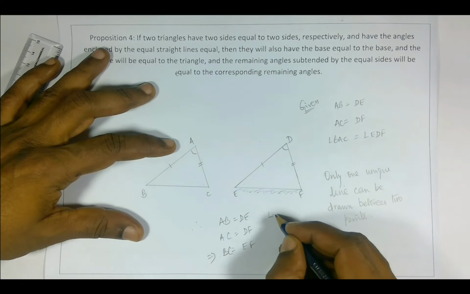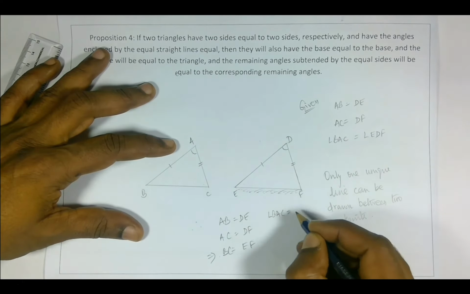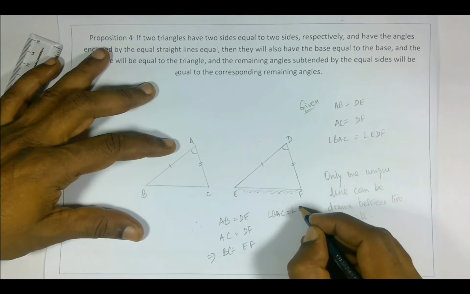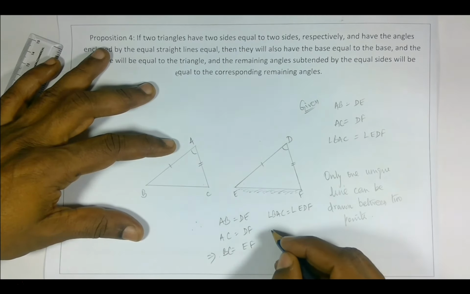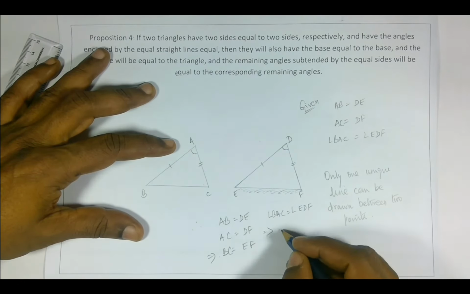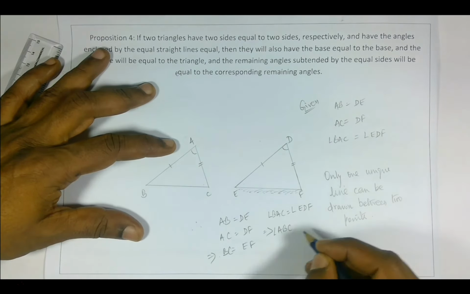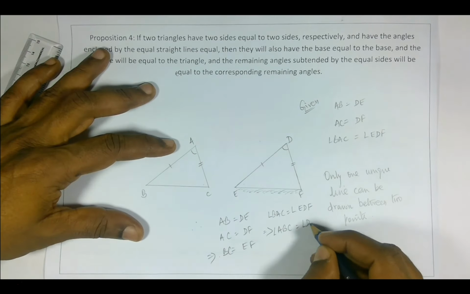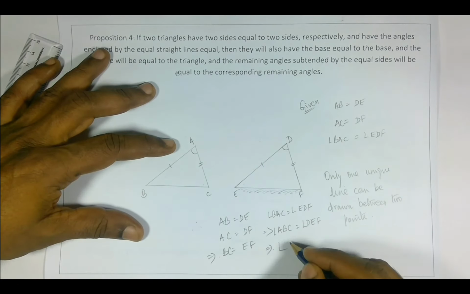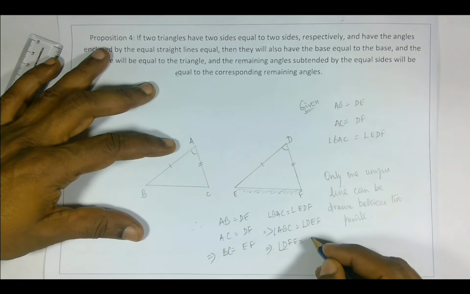Similarly, angle BAC equal to angle EDF. The whole thing basically implies, as far as angles are concerned, that angle ABC is equal to angle DEF. Angle ACB is equal to